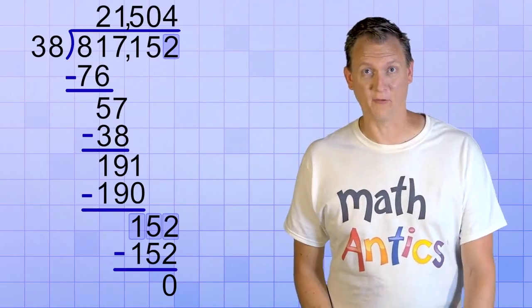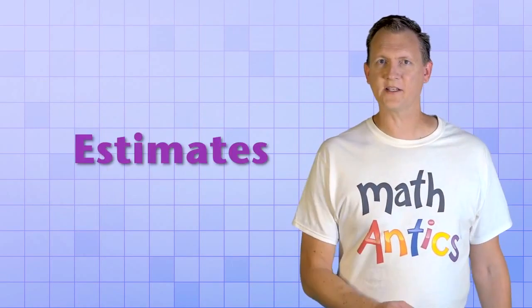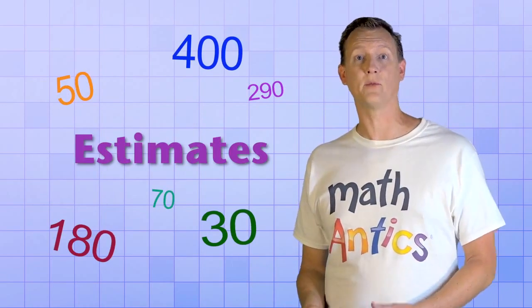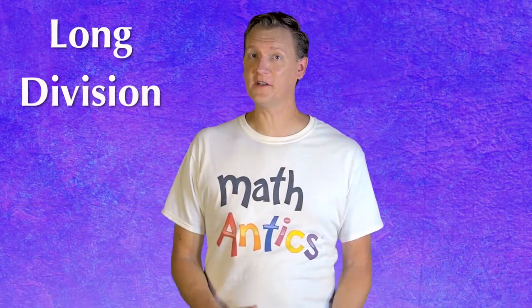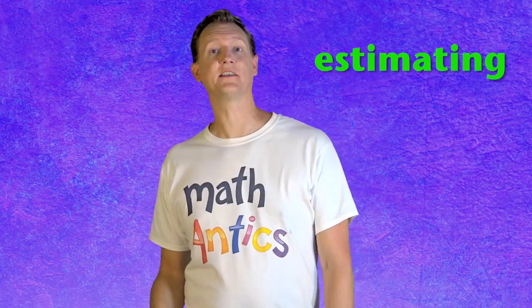Wow, that was a lot of work. But did you see how much rounding helped us out? We made good estimates each time by rounding the numbers we were working with. All right, now you know that the long division procedure works the same for 2-digit divisors. It's just that each division step will involve 2 or 3 digits of the dividend. And since each of those bigger steps is harder to figure out, you'll want to use estimating to help you